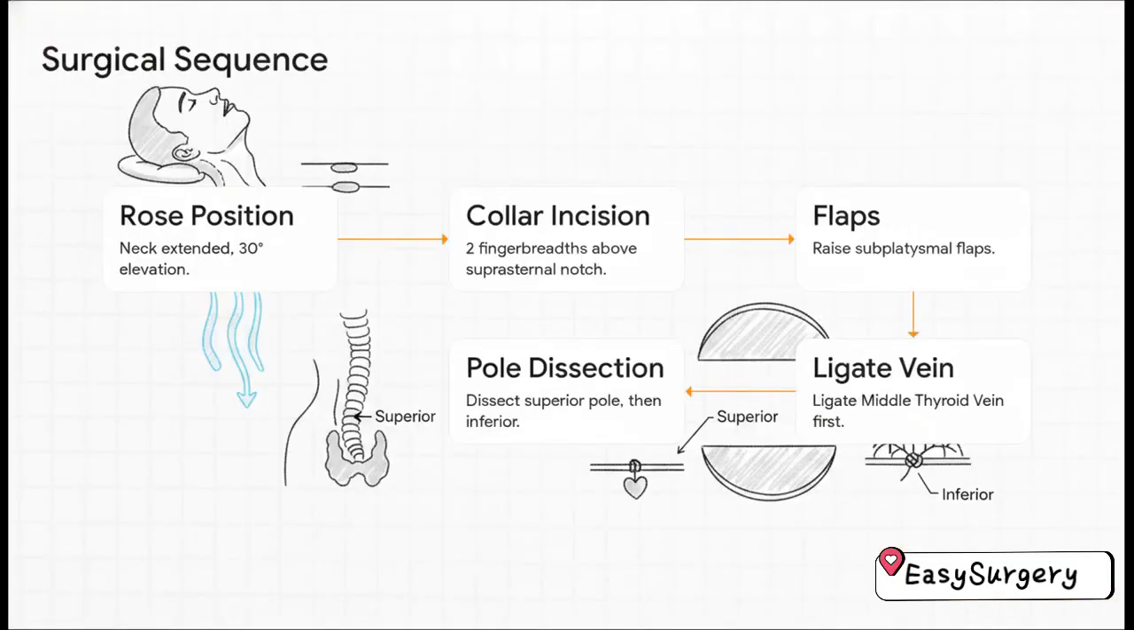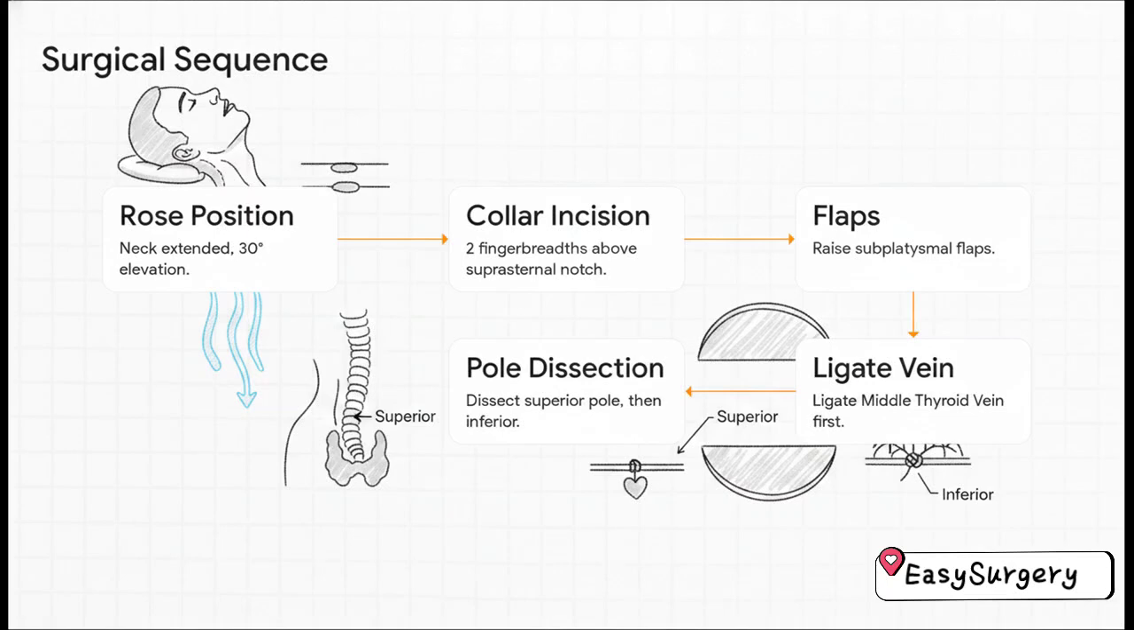Now, the surgical sequence here is incredibly rigid. We start off in the rose position, neck extended, head elevated 30 degrees. This gives us a beautiful, gravity-assisted, bloodless field, even though it does slightly increase the risk of an air embolism. After making the collar incision exactly 2 finger breadths above the suprasternal notch and raising the flaps, you must identify